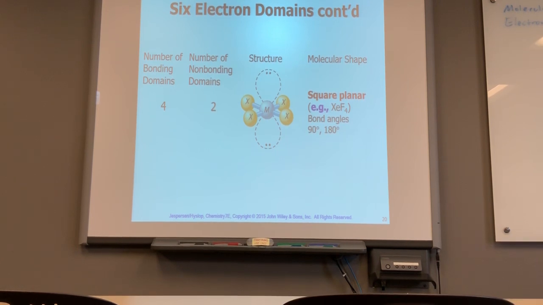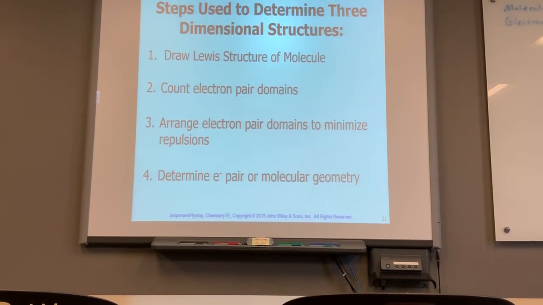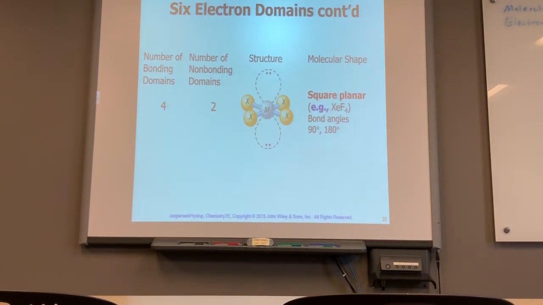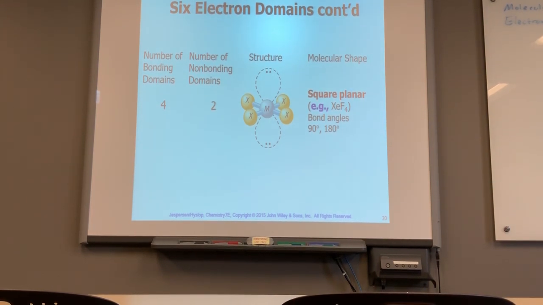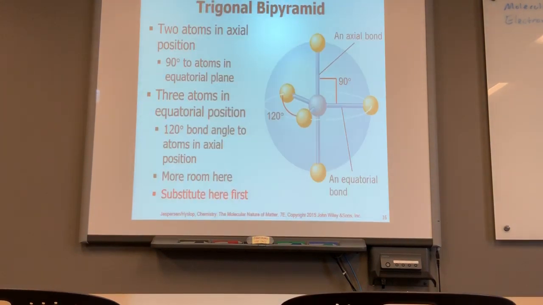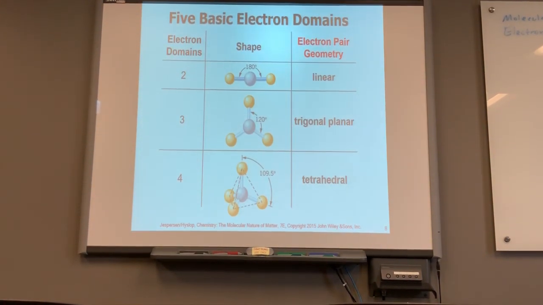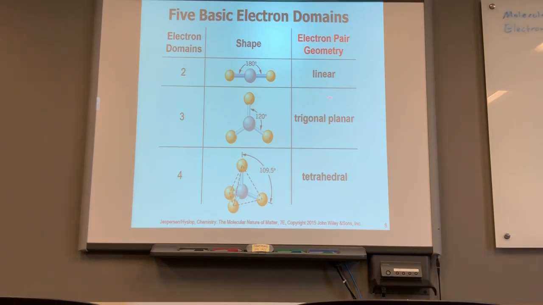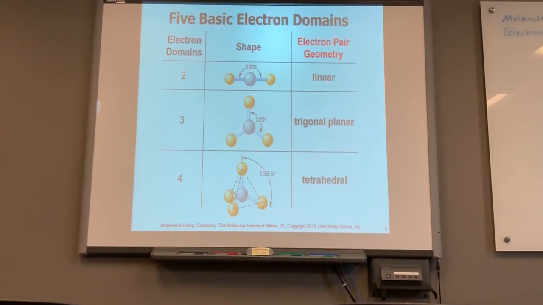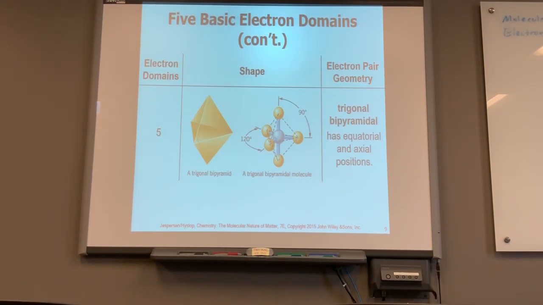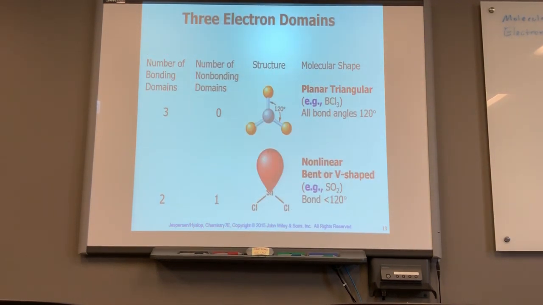Okay, one last time. That'll be the last thing we talk about. Electronic geometry is like the linear, trigonal planar, tetrahedral. That's the electronic geometry, the first chart. For this part of the test, you can look at this and then maybe look at some molecules. So that's electronic geometry. And then the next part, molecular geometry, is the other one. You get the same names from before in the cases where there are no lone pairs,